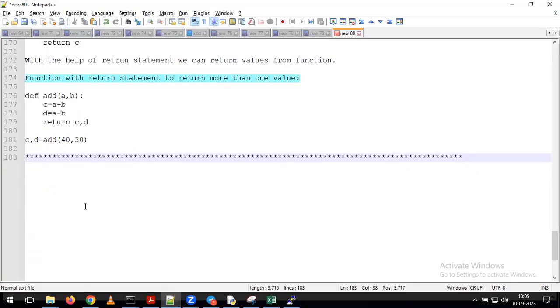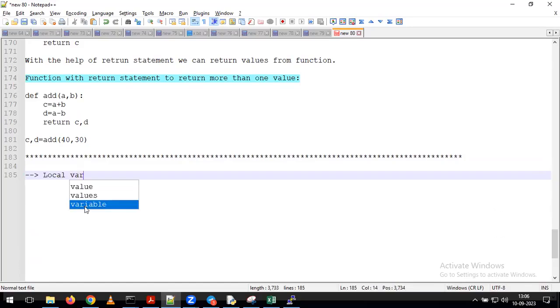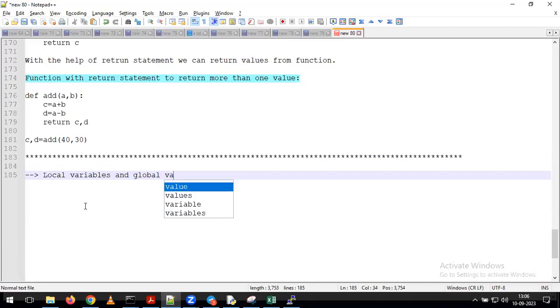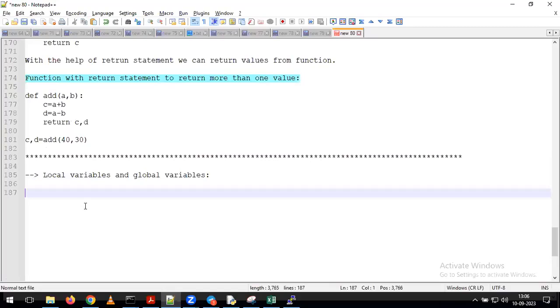Okay. If no questions, we need to understand one more concept called local variables and global variables. So actually we have two types of variables: one we can call a local variable, and the other type we can call a global variable. Now see, for example,